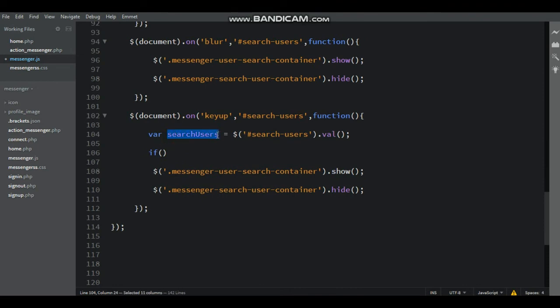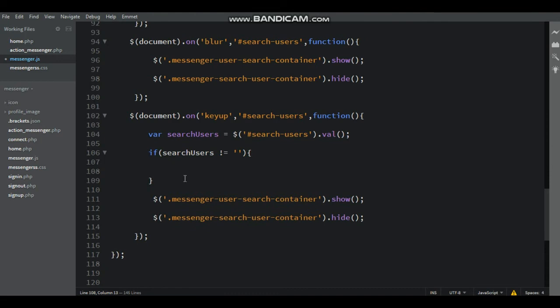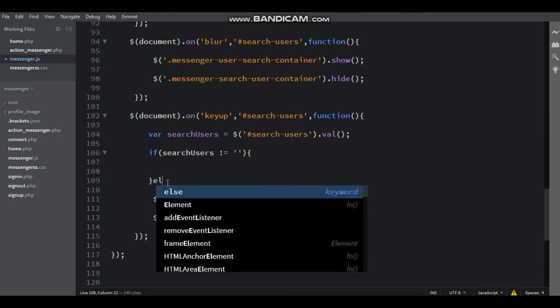Here that is if function, if inside bracket write search user not equal to null, null means single quotes, else.